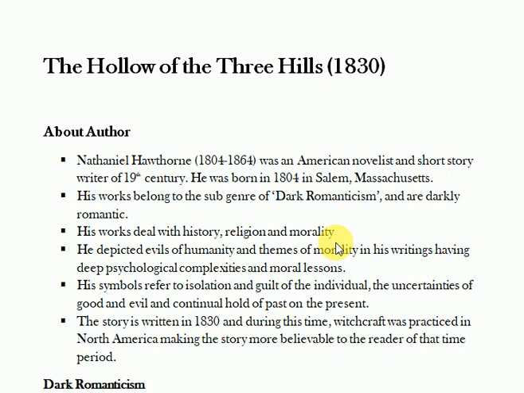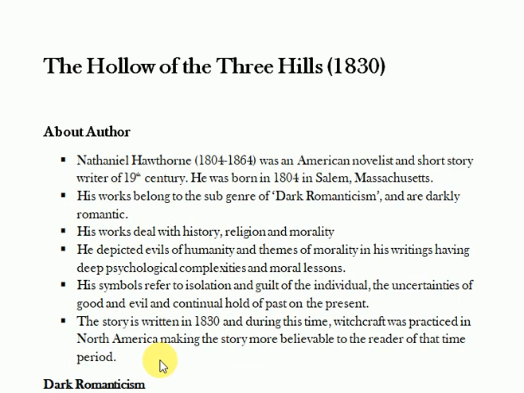In most of his works, he used to depict the evils of humanity and themes of morality, which have deep psychological complexities and moral lessons for individuals. The symbols that he made use of refer to the isolation and guilt of the individual, the uncertainties of good and evil, and the continual hold of the past on the present, thereby referring to the themes of